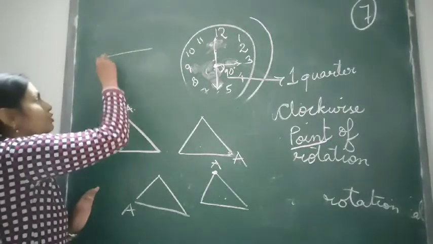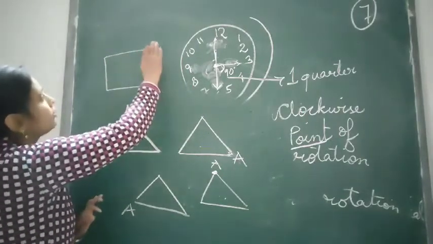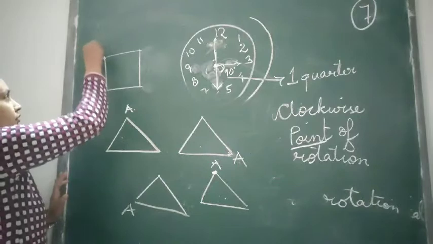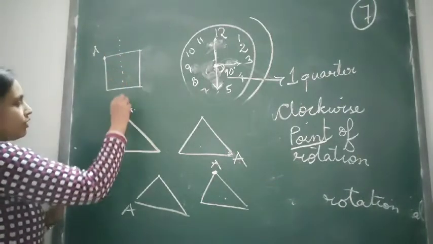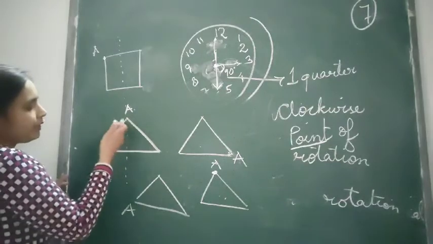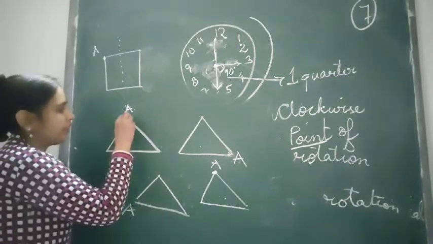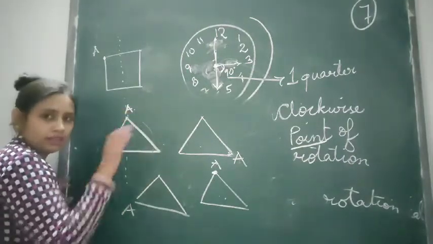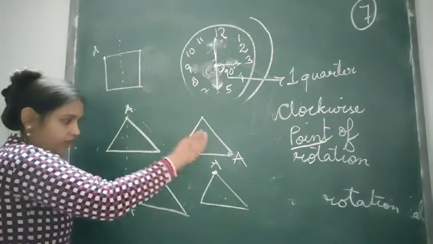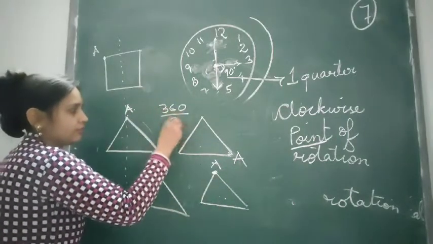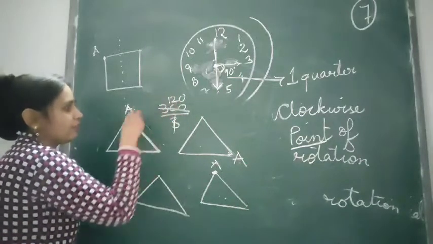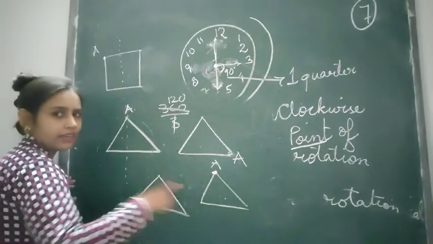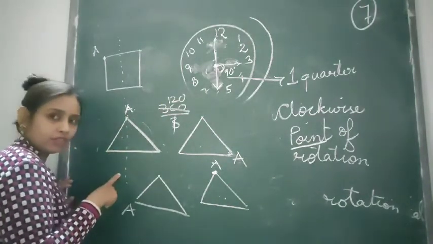Similarly, if we talk about a square, you take a point A here. You can make your axis if you want. So children, here also you can make an axis. Now it depends what angle you are using. Here it will come back at 360. Now you are having 3 orders, so you just divide 360 by 3. So each angle will be 120. So here the angle of rotation is 120. So this figure is rotating at an angle of 120 degrees for the rotational symmetry.